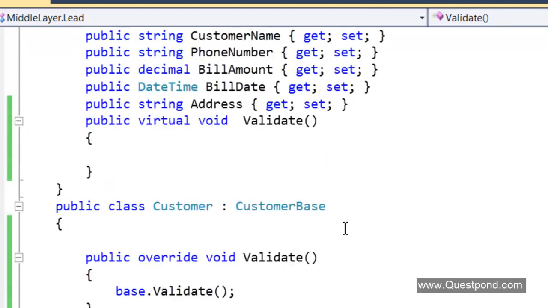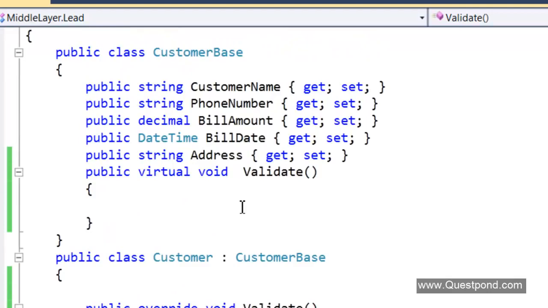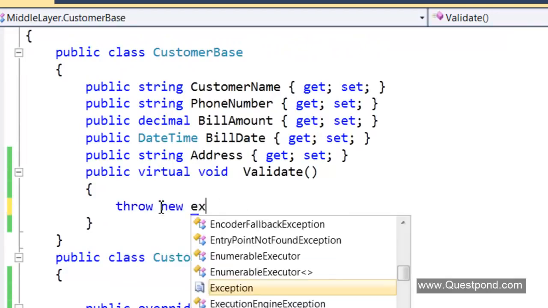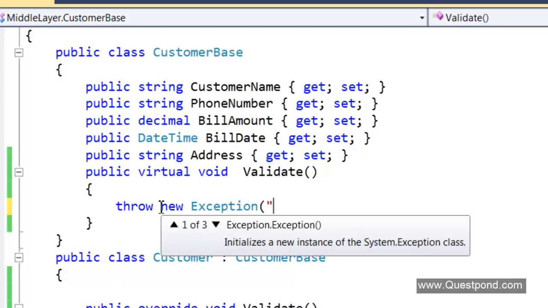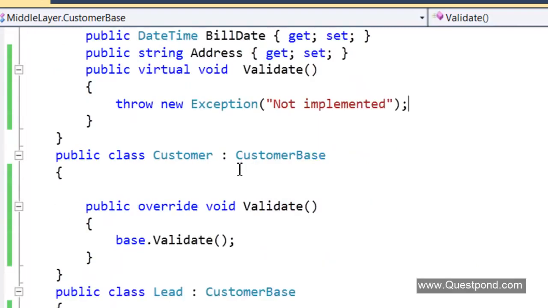And in the base class, I will just throw a new exception saying not implemented. In other words, this will be implemented by the child classes.